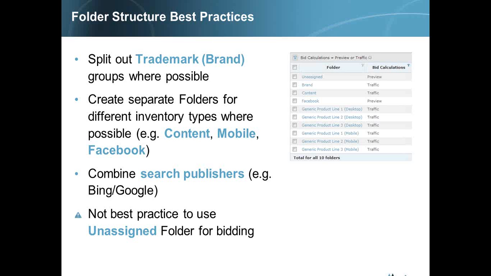Another best practice would be combining publishers. So we want to combine publishers such as Bing and Google. And it's not going to make a difference to the Marin algorithm that you're combining publishers because keywords are bid on singularly, so there's no need to necessarily break them out. Combining data will also provide folders with more data for tail terms, since these keywords can borrow data from